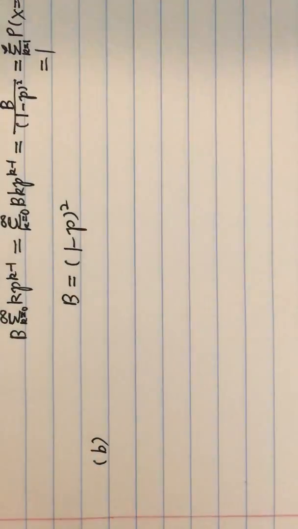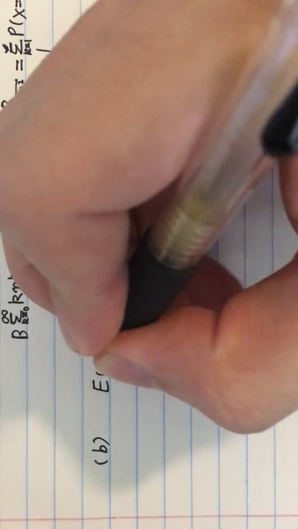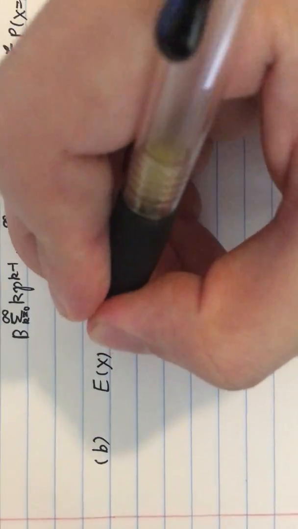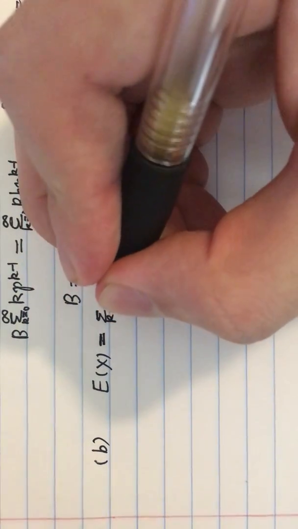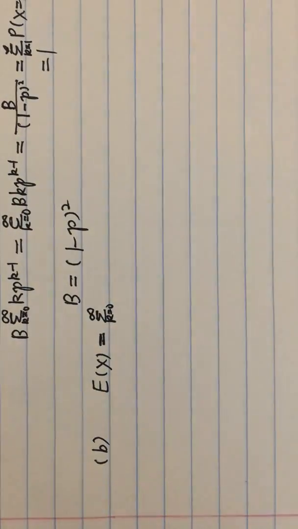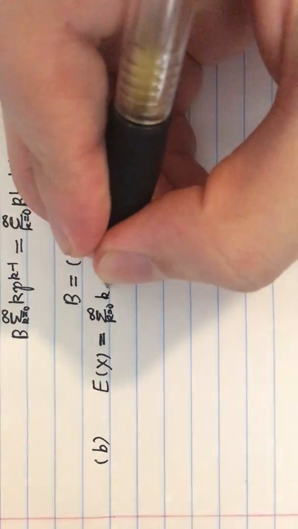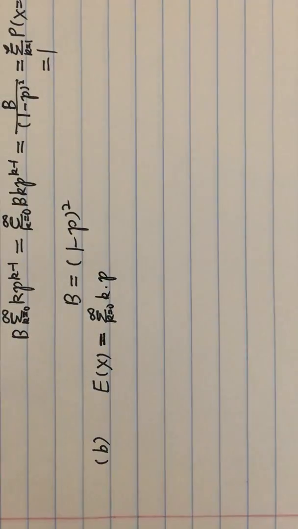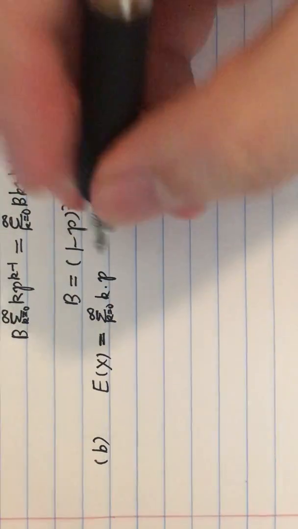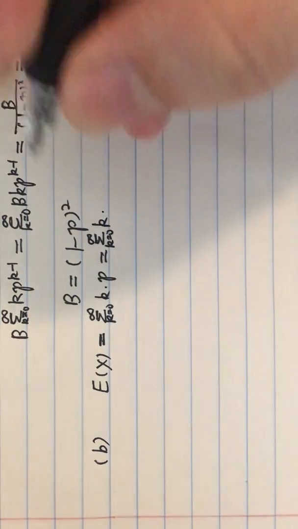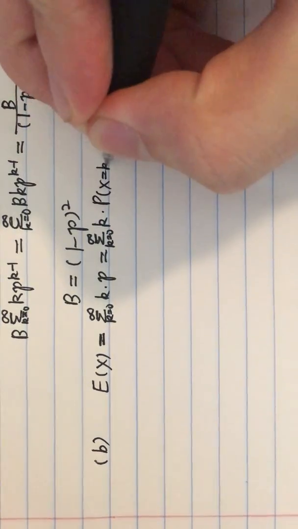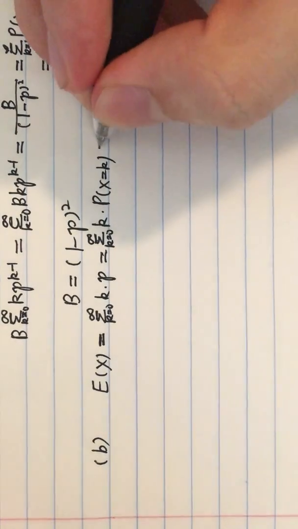From the definition of the mean, we get that EX equals the sum from k equals 0 to infinity of k times the probability of X equals k. So this equals